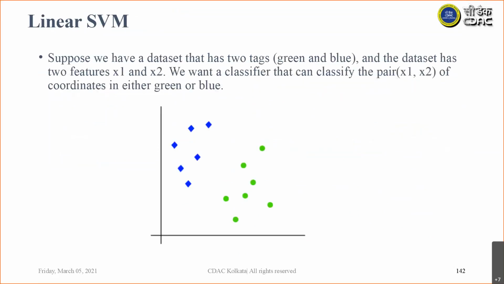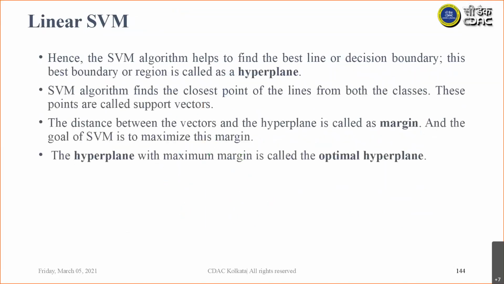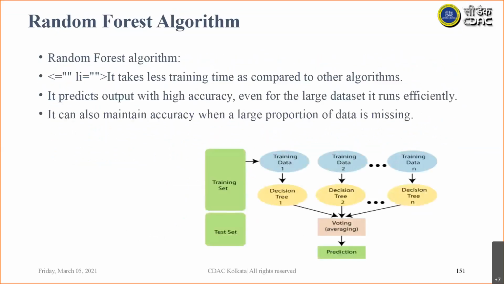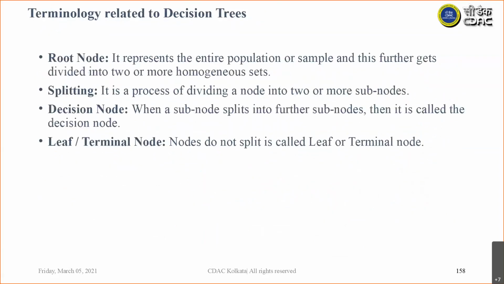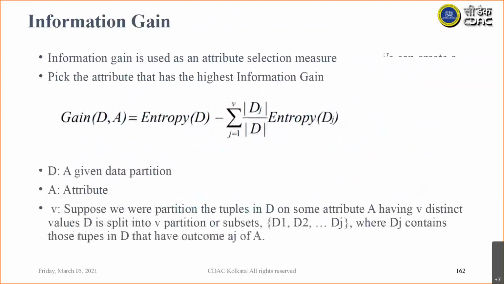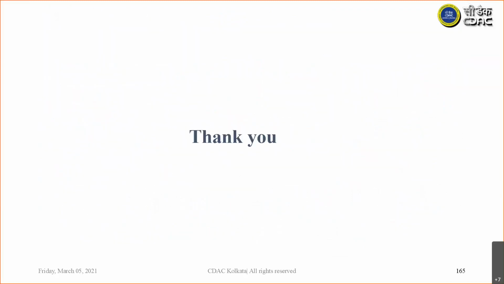After this SVM is complete, there are two more models: the random forest model and the decision tree. After this, there is testing of your model. Once your model is ready, you have to test it on the test data. For that, there are confusion matrices, and the accuracy of the model can be evaluated. When it is done, you are ready for deployment of the system.